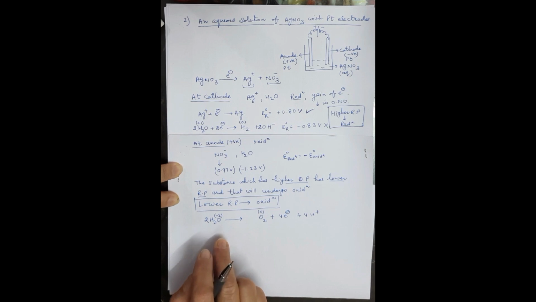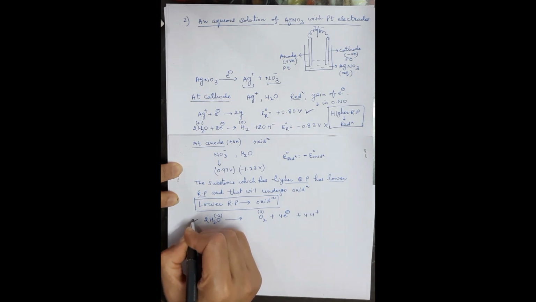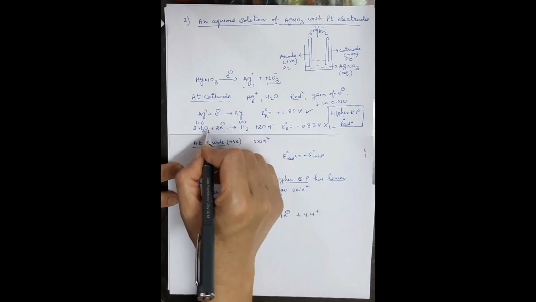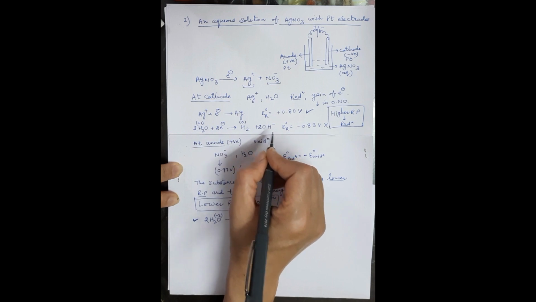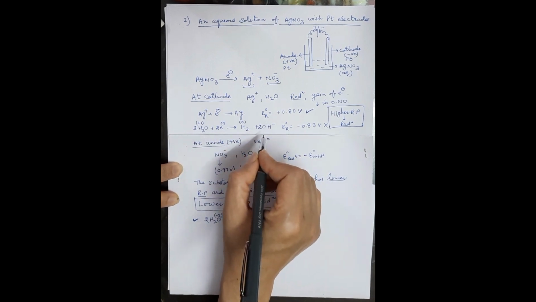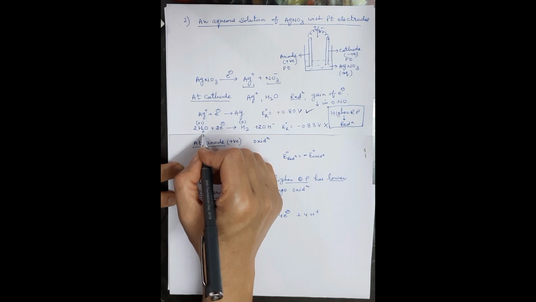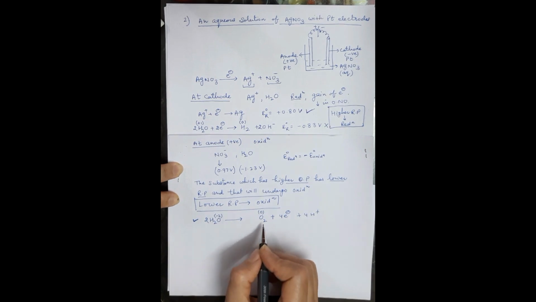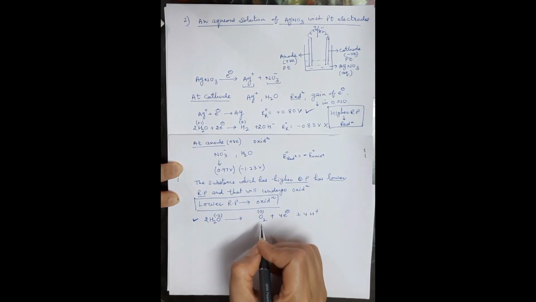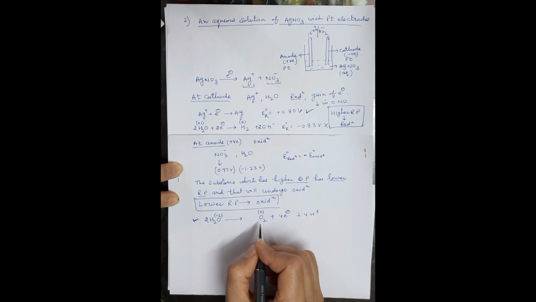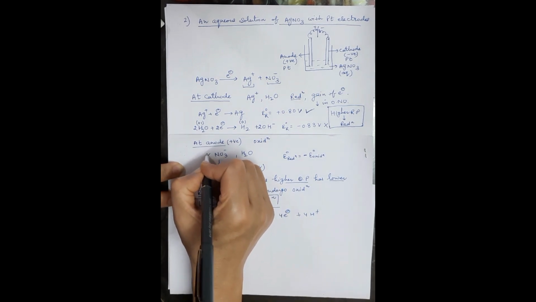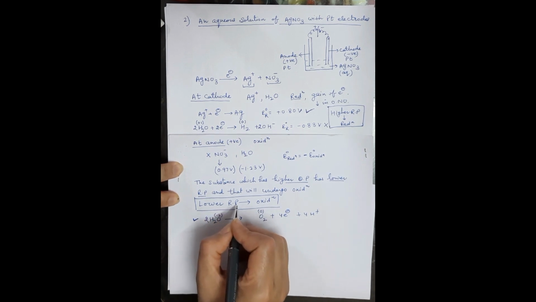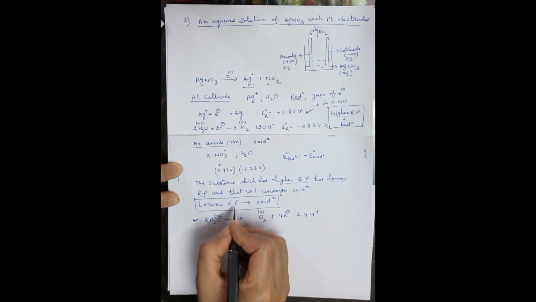Beta, what you need to learn is, one is the equation when water undergoes oxidation and other is when water undergoes reduction. In this case, although this is not going to happen, but in some other case this also might happen. So when water undergoes reduction, it changes to H2 and OH, but when it undergoes oxidation, it changes to O2. So what is released at anode? In this case nitrate will not undergo oxidation, only water will undergo oxidation because it has lower reduction potential.